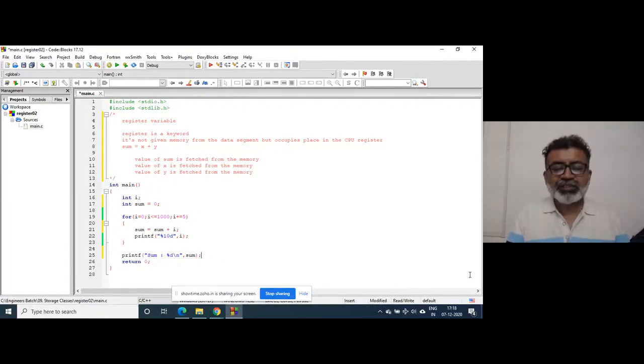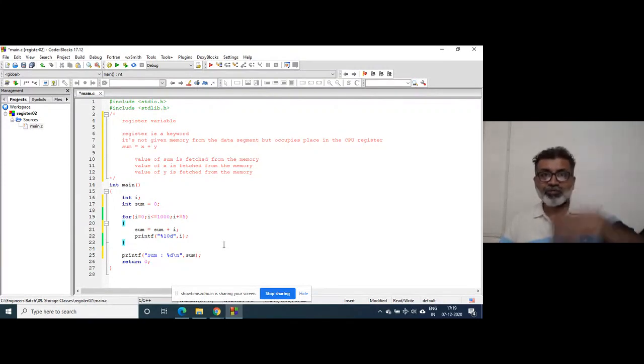So in this case, the value of i is required again and again. Dennis Ritchie gave a solution for this, because this i will be fetched from memory many times. Let's say 200 times minimum it will be fetched. So instead of that, he says, why not declare this variable as a register?